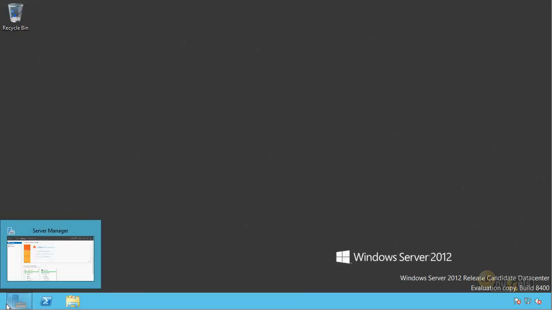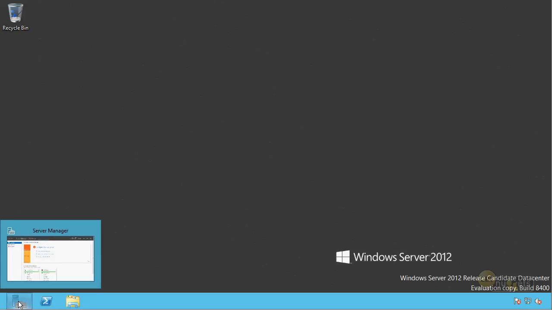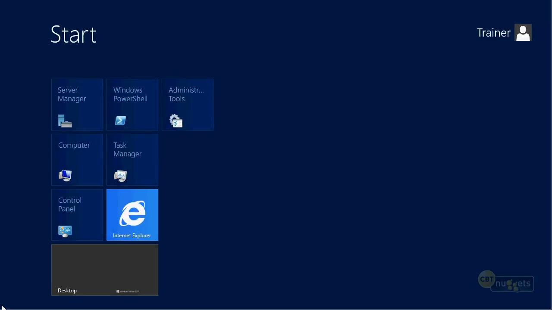Notice what happens here. If I go over to the lower left here, and it's really just like 4 pixels or something that you have to hover your mouse pointer over. There it is. Now, Start appears. Now, don't try to move up to it and then click on it, because then you'll lose it. Just kind of hover over it, and then click there without moving the mouse. There's very few pixels down there in that lower left that you can work with to reveal the Start menu. Notice that you can now go to Computer, Server Manager, a lot of the other things you would have been accustomed to seeing. Now at least it's exposed to you, and you can access those items.